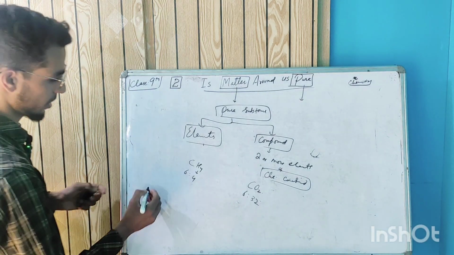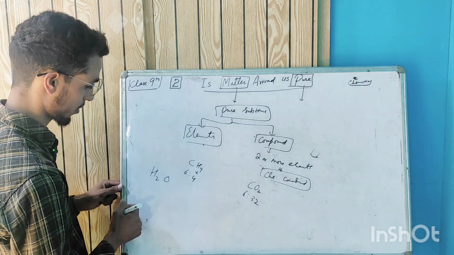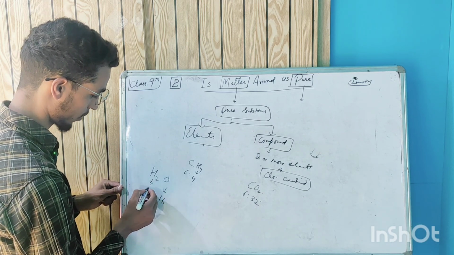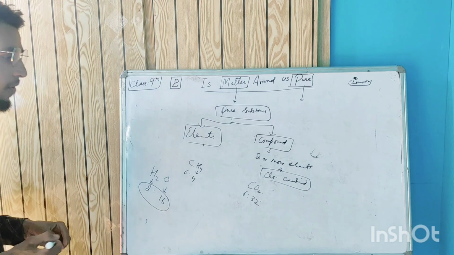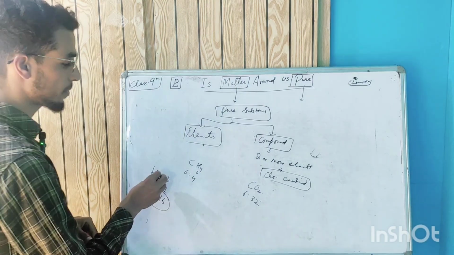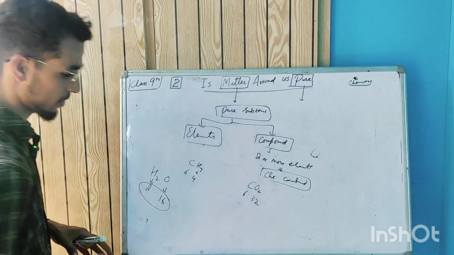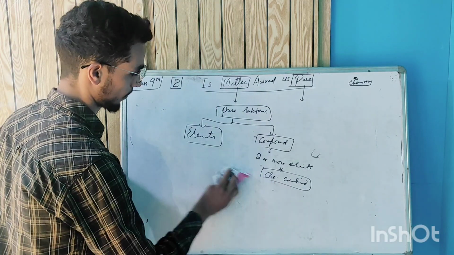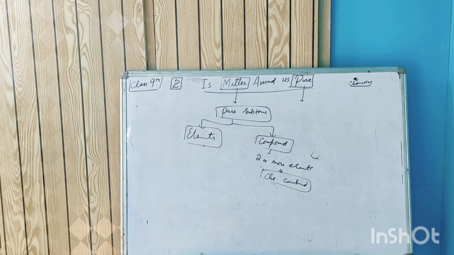Similarly with water, we are taking atomic mass here. Oxygen has 16, hydrogen 2, so the ratio is 2:16. When the ratio is fixed, they'll chemically combine and we'll get a compound. Otherwise we'll not get a compound. So it depends on its first property, that is fixed proportion. Now after getting compounds, we'll also state its properties.